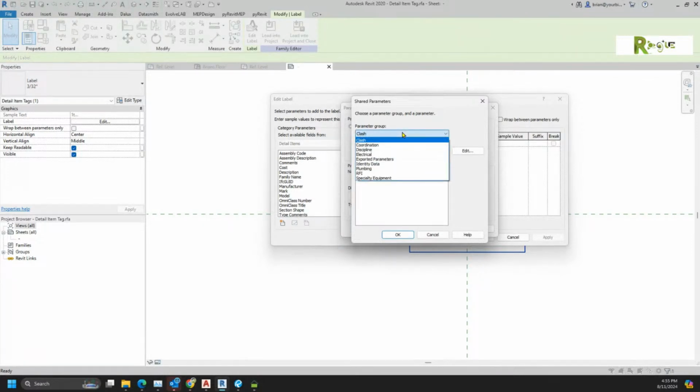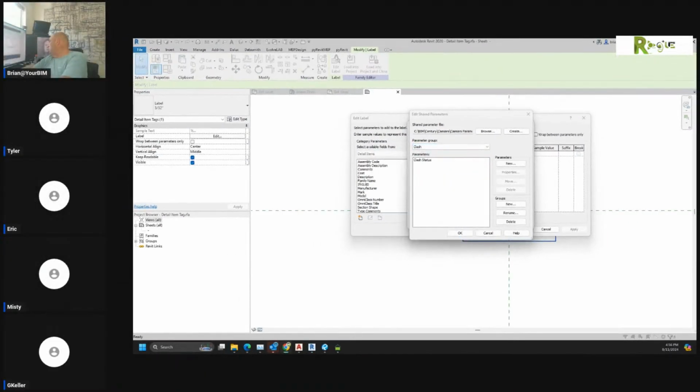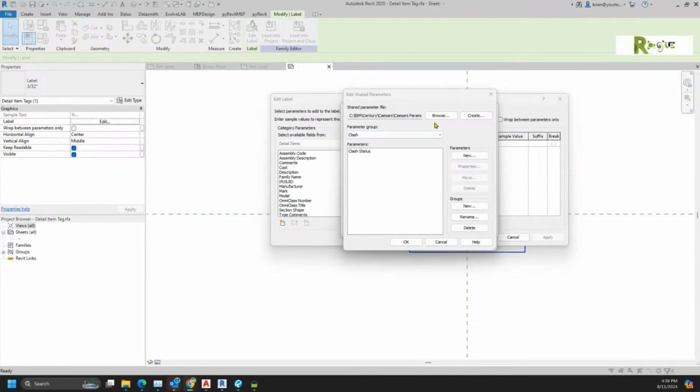Okay. Now I made one. You might have to actually create a shared parameter file and then it'll apply it. And then you can go in and add this stuff. But what I'm going to do is, you'll see I have all these different types of ones. I have one here. I think Ginger just came back. I'm sure she can see it, but